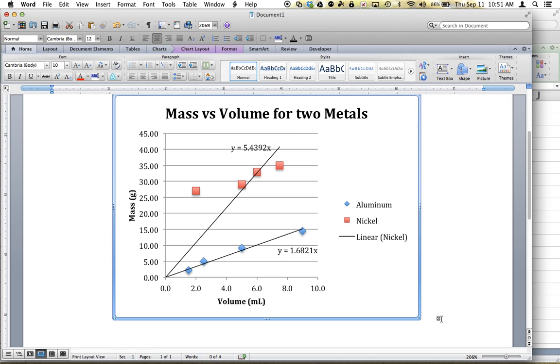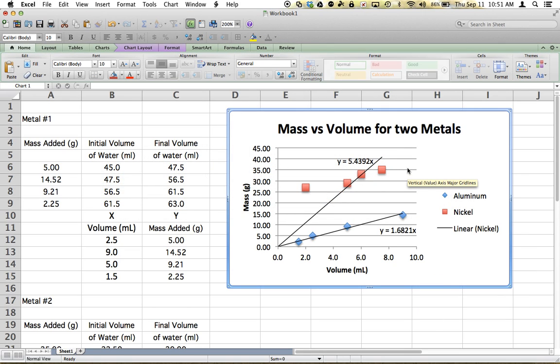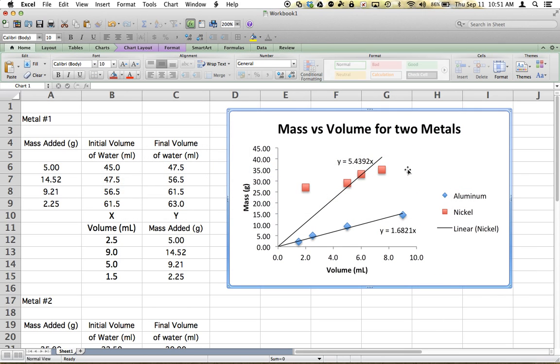You can play around with the graph, and for example, you can come in here and get rid of those horizontal lines if you don't want them, and you can shrink the size of your legend, you can move your legend around, and so on and so forth, right? So this is what I'm looking for you to do in terms of a graph of your data,